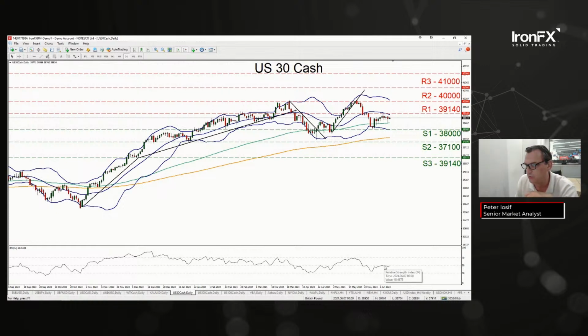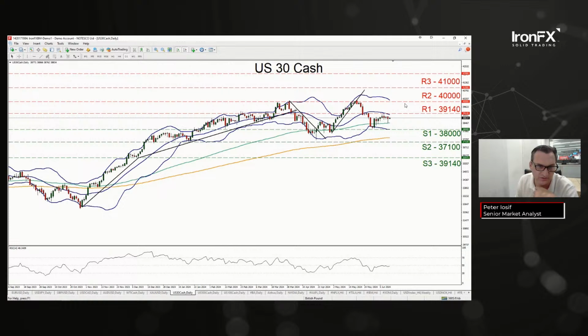On the other hand, though, we have to note also that the Fed's interest rate decision could alter the index's direction. It could go either up or down. In that case, we may see the price action, for example, in a bullish market reaction where the Fed is less hawkish than expected. We may see the price action of Dow Jones finally breaching the 39,140 and start aiming for the round figure